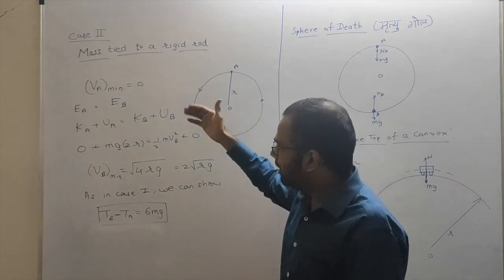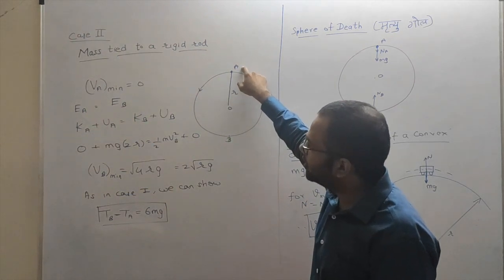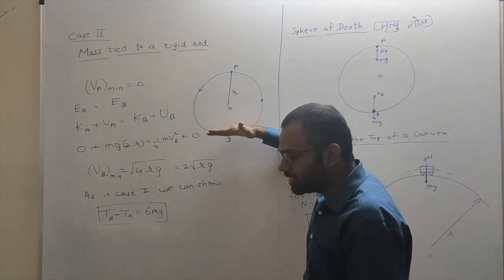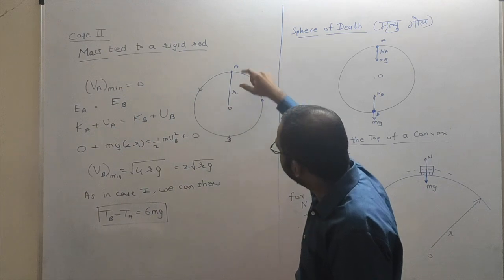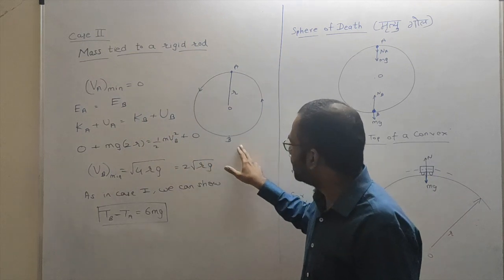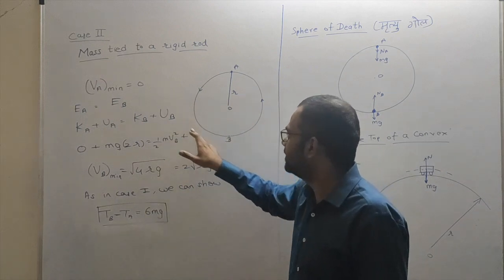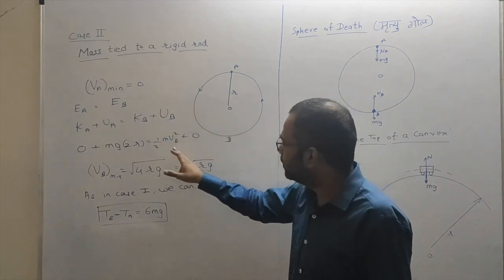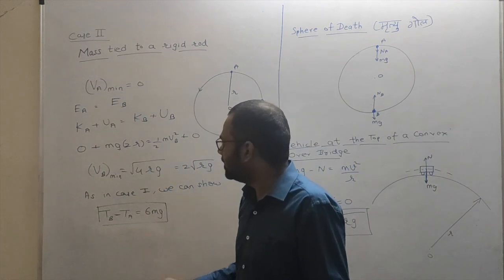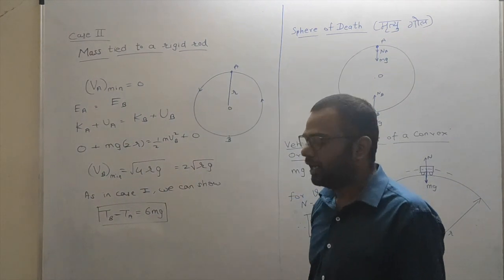Kinetic energy plus potential energy at A is equal to kinetic energy plus potential energy at B. Now we are discussing the minimum condition. Kinetic energy at A is 0 because velocity at A is 0. Potential energy at A, considering this as our reference point or datum, is mgh. H will be 2r. So mg 2r is equal to kinetic energy at bottom, that will be half mvb square plus 0, because this was our reference, so potential energy at B is 0. From this, m will get cancelled, multiplying throughout by 2, I will get here 4rg. So VB minimum will be square root of 4rg. That is nothing but 2 square root of rg.